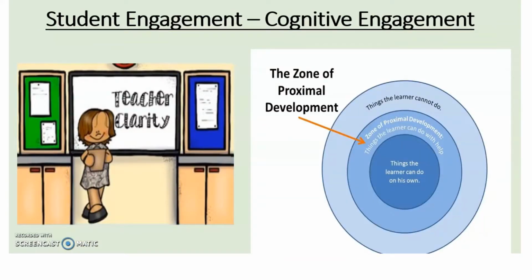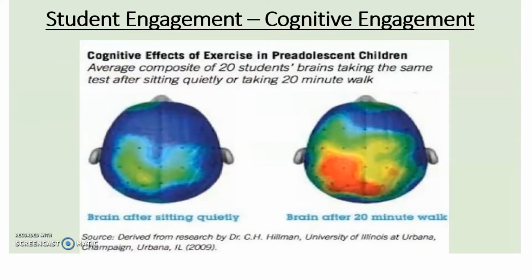The other important component of student engagement is cognitive engagement. Teachers are able to help students be cognitively engaged by having clarity for students' learning that includes understanding what the end learning goal is and making sure that students have a clear understanding of the goal as well. Additionally, the teachers should create learning challenges for their students that are within the student's zone of proximal development. Whenever possible, lessons and assignments should include student movement. It has been proven through research that when students are given more opportunities to move, they are more likely to retain information. Students are also more likely to remain on task, which goes back to behavioral engagement.